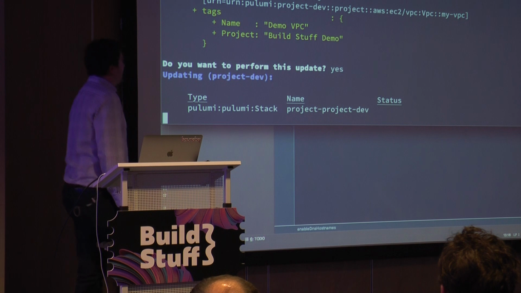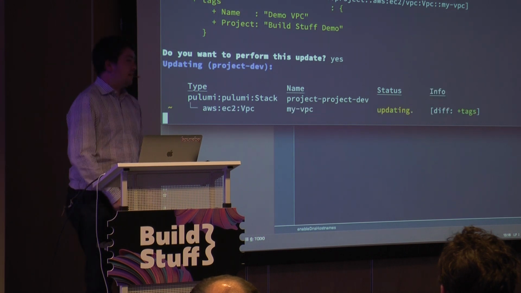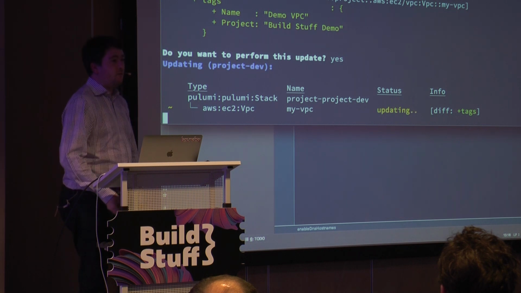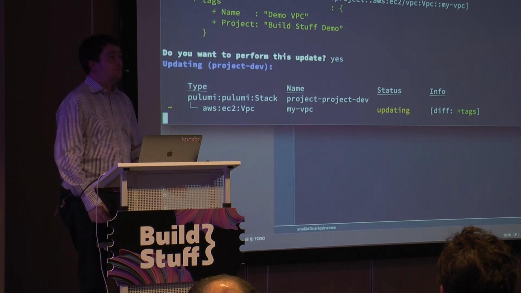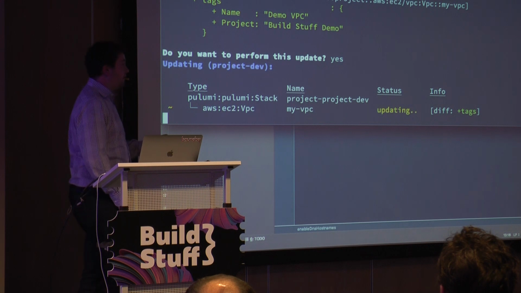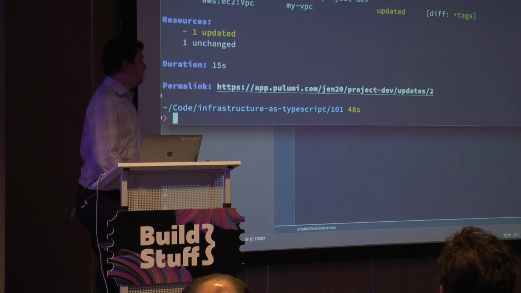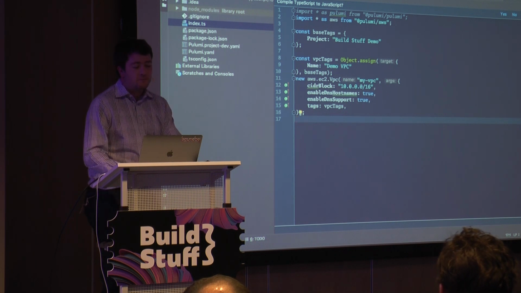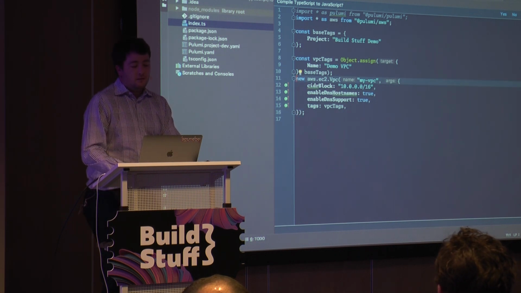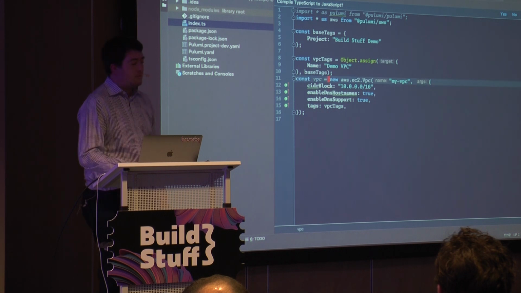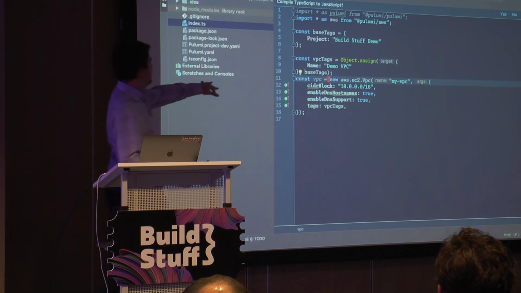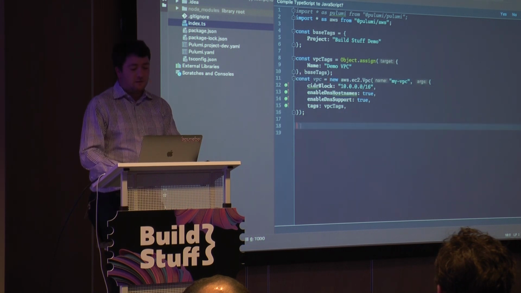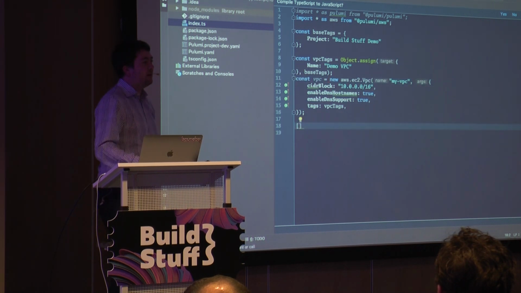Part of the benefit of being able to use code is that you can use standard code constructs. For people who've used things like Terraform, the lack of looping is a big problem. You have to end up with all kinds of hacks around some code to avoid having to do loops. And we don't have the same restriction if you have a programming language that you can use. So we could here assign the VPC object to a variable, and then use that in further code. So we could say here we're going to create some subnets in our VPC.